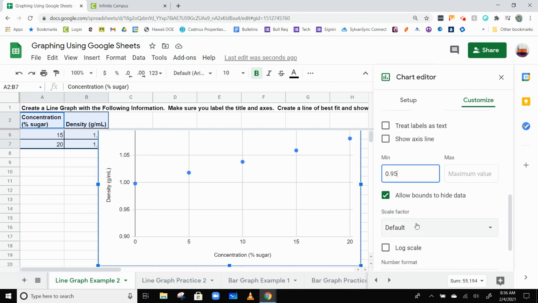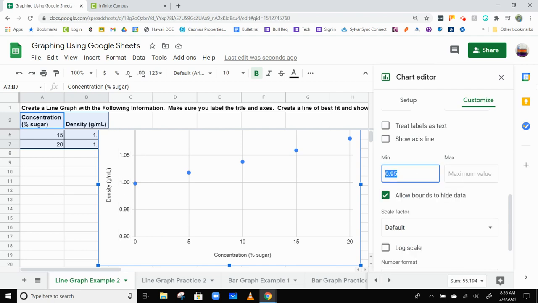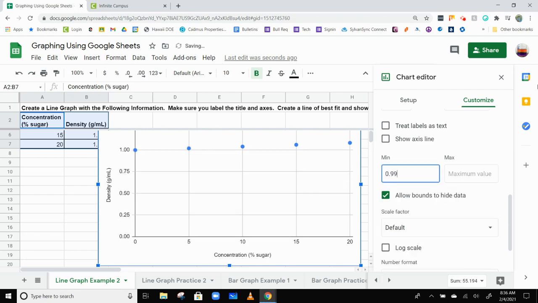we can even change the scale factor if we want. The default here is 0.95. It's 0.05 is the scale. Okay. How about 0.99? Okay, that worked. I don't know why that worked better, but yeah, you can change the minimum value so that